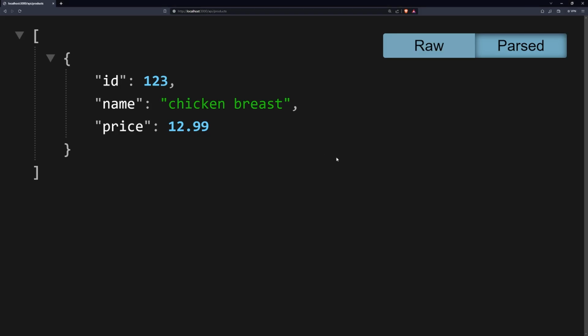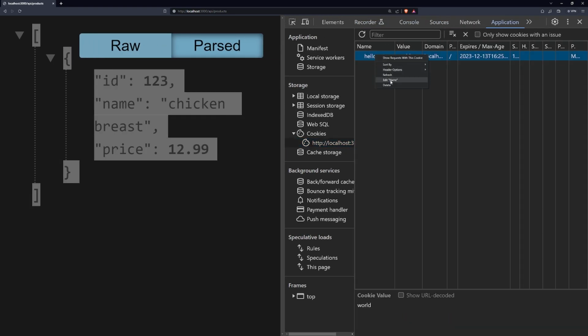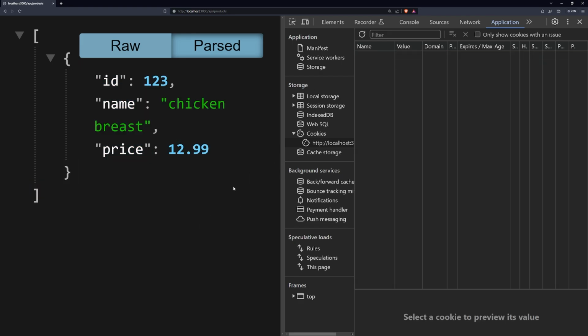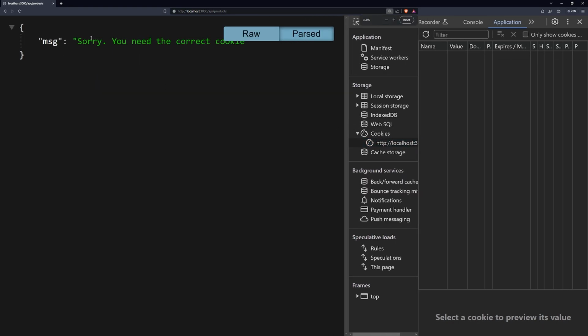Now, if I go back to the browser, it is a different client. So right now we're using two different clients: the web browser and our Thunder Client. Since the browser still has a valid cookie, I can still get this data. But let me go back into my browser's dev tools and clear the cookie by simply deleting it. And watch this. If I refresh the page,